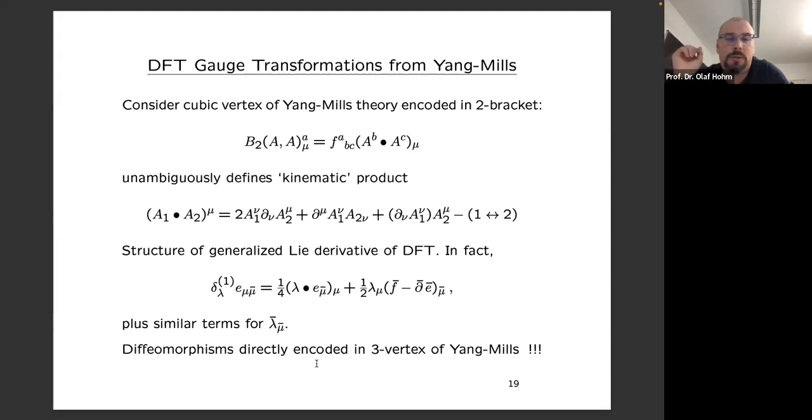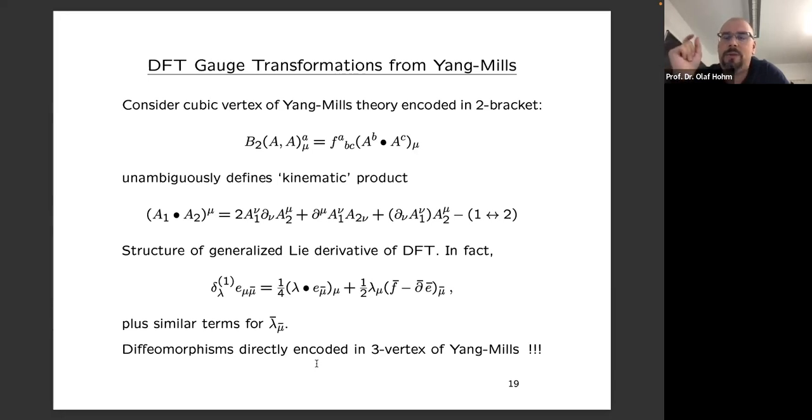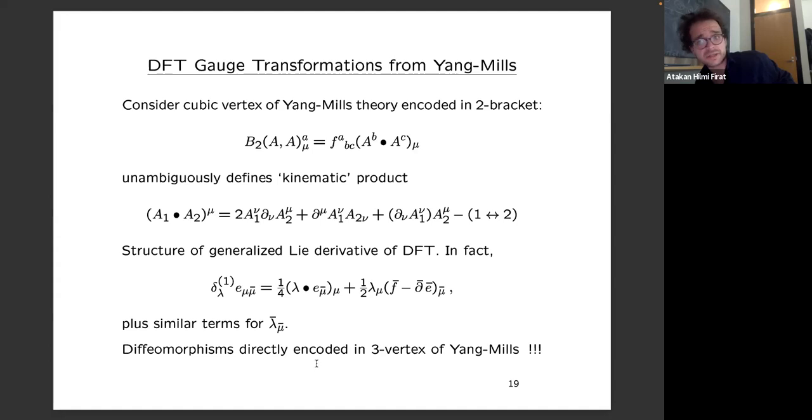Felipe, Roberto, who's in the audience, and Christoph, almost exactly a year ago. I can give you the reference, or after the talk, I can also get the paper and show it to you. It's pretty complicated, but it's an honest construction in the sense that it really obeys the L infinity relations, and it really only uses the ingredients that are present in Yang-Mills theory proper. So in that sense, it's really an honest construction, but the expression is kind of